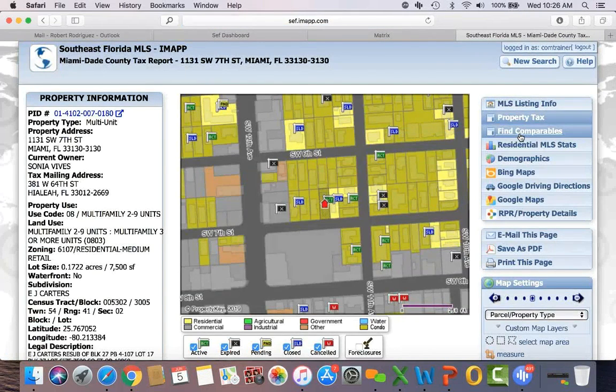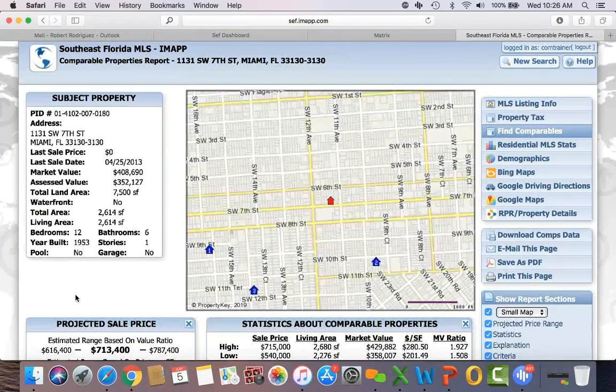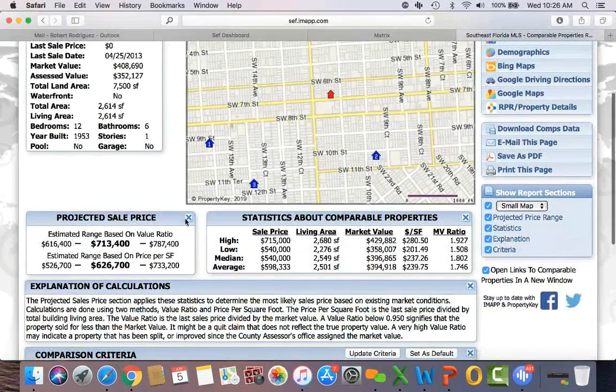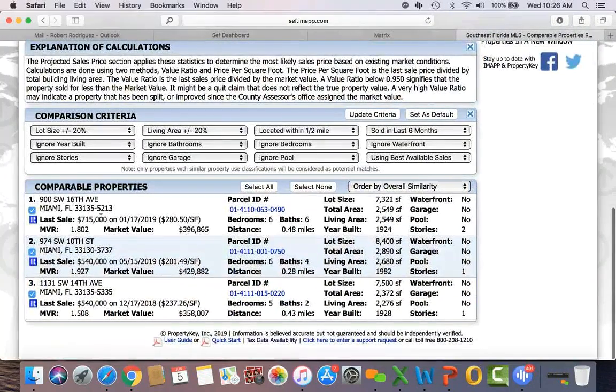Here's the property, and we're going to click on Find Comparables, and right away you'll notice that we have three comparables, between $526,000 and $733,000 with an average of $626,000. That is one comparable that sold at $280 a square foot at $715,000. Then you have another one that sold at $201 a square foot at $540,000, and another one at $540,000